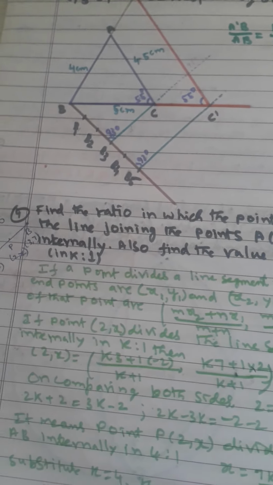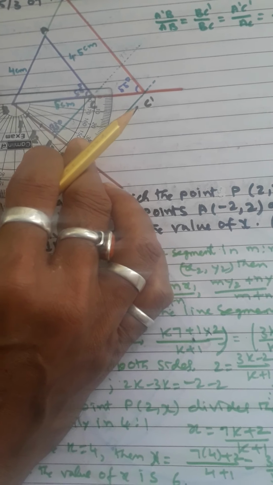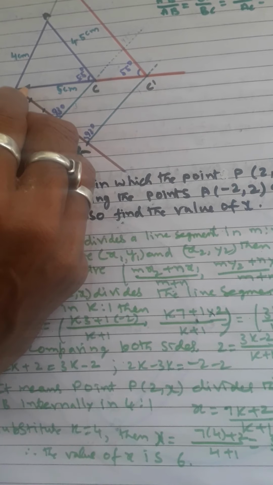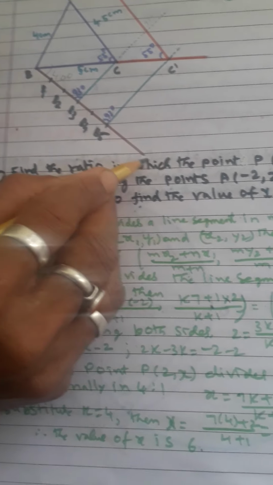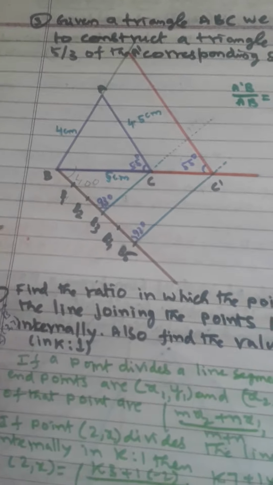What I have taken is an angle of about 40 degrees here. 40 degrees is an acute angle. So you draw the line at 40 degrees, and then what you have to do is divide it, because the ratio they said is 5 by 3. In 5 by 3, which is the greater number? 5. So you divide according to the greater number.